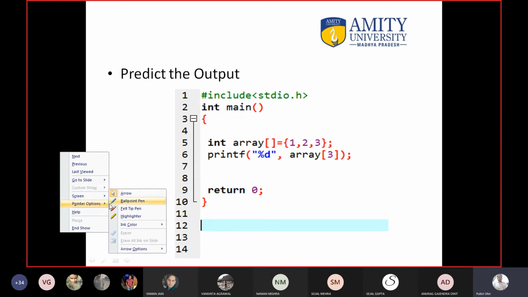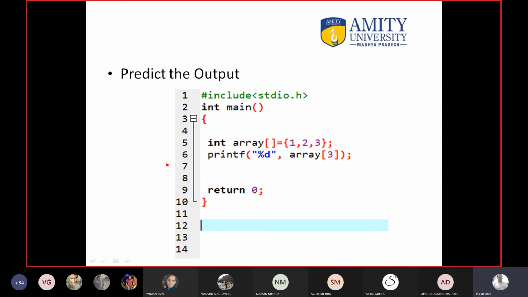Here I will say it again. This is a strange concept because I have not told you. Here it is not necessary to give the size of the array. It is automatically calculated. When you are filling the values, it is not necessary to give the size. Here you can write 3. That is a good thing. But if you are not filling the size, the computer will fill 3 here.